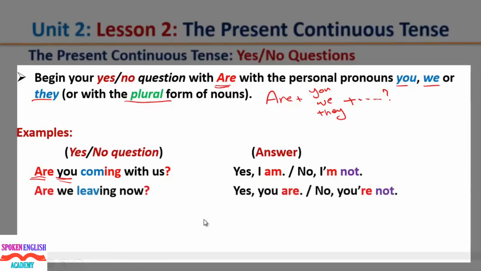Another example, are we leaving now? Again we start with are because the subject here is we. Are we leaving now? The answer, yes you are, or no you're not. Another example,